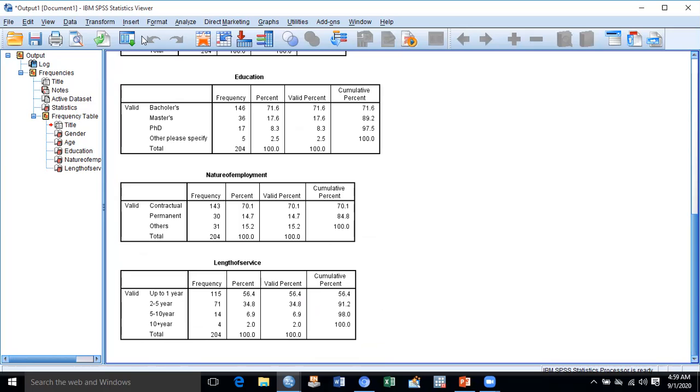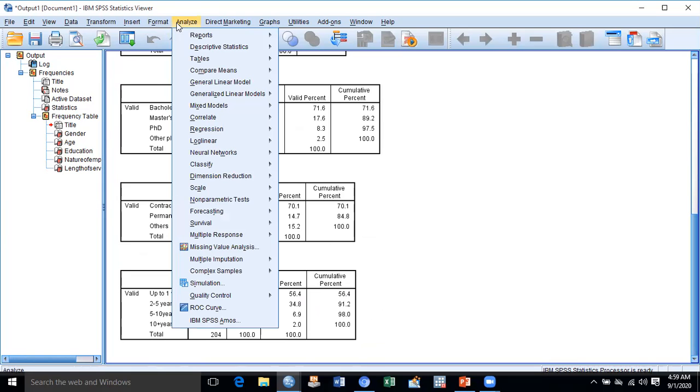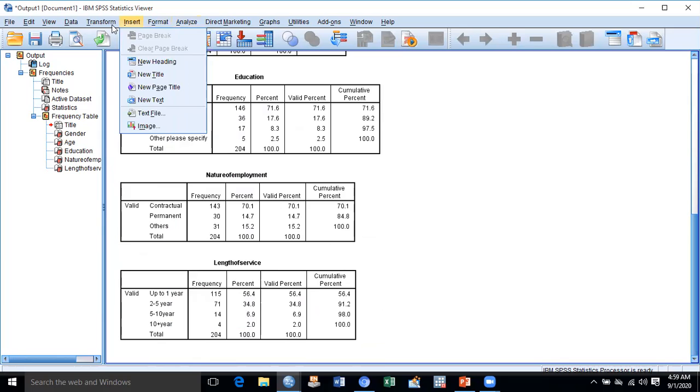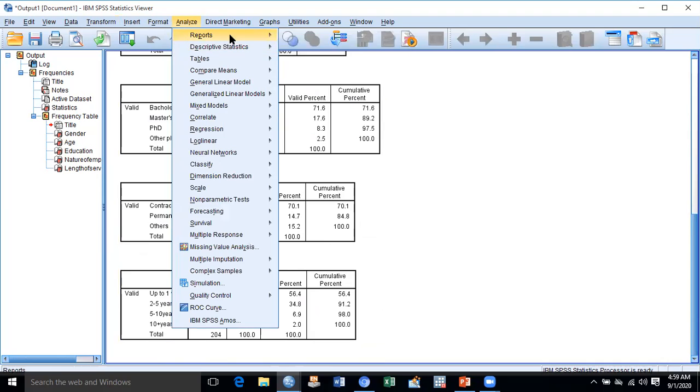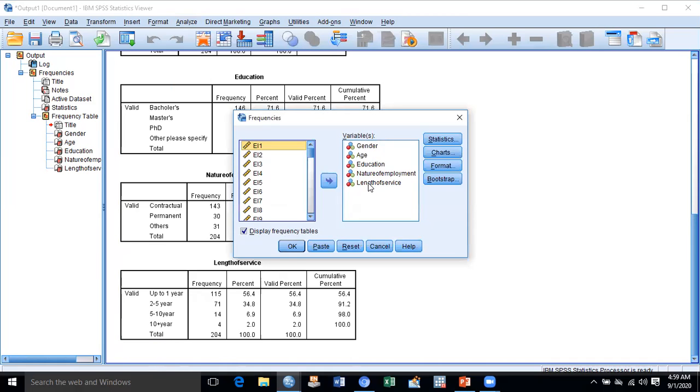So after that, we shall start checking the missing values in the data. Here we click on analyze. Yes, here we can also analyze reports, descriptive statistics. We shall go again to frequencies, and here I have already unchecked all these. Here are some variables like emotional intelligence 1, 2, 3, 4, 5, 6, 7, 8, 9, 10, 11, 12, 13, 14, 15, and 16.